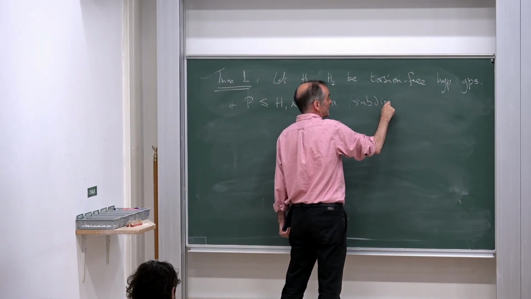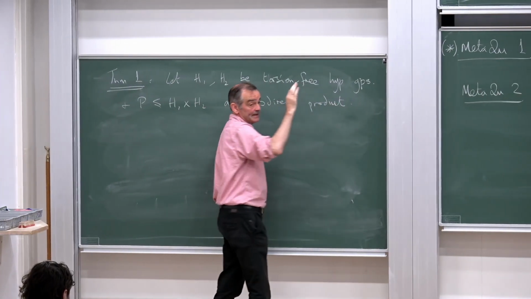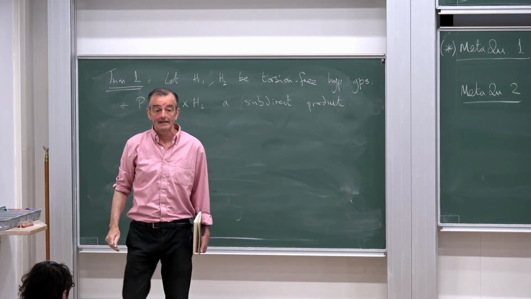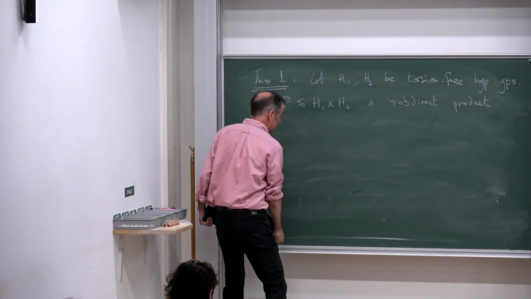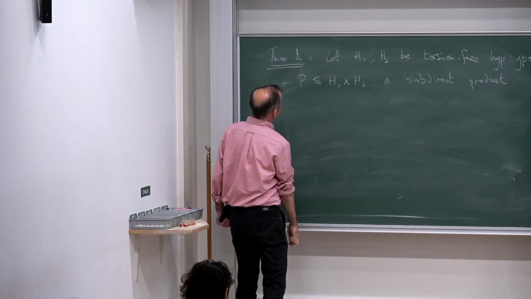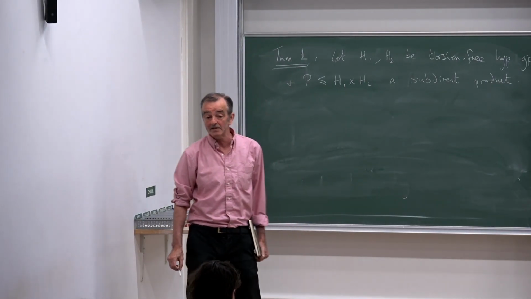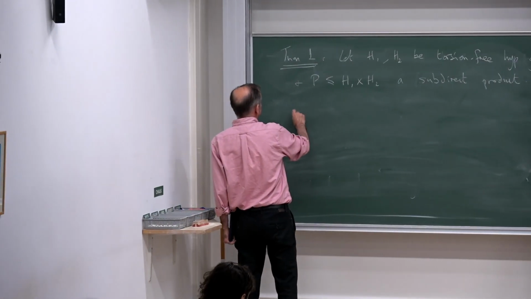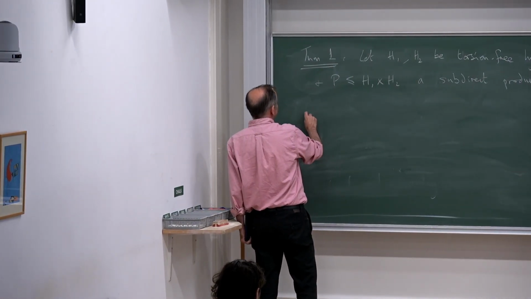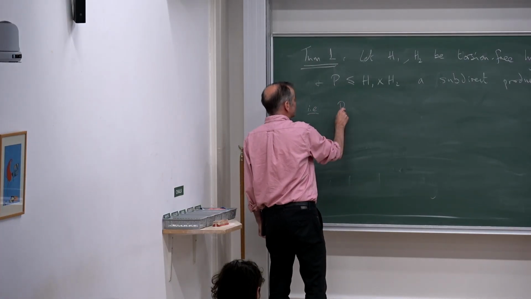So subdirect product, remember, just means it's a subgroup that maps onto each of the factors. Now, there's a little lemma that's been rediscovered by lots of people, I think, independently, that subdirect products of two factors are the same as fiber products. Okay, so just believe me, this is a standard fact, P is the fiber product